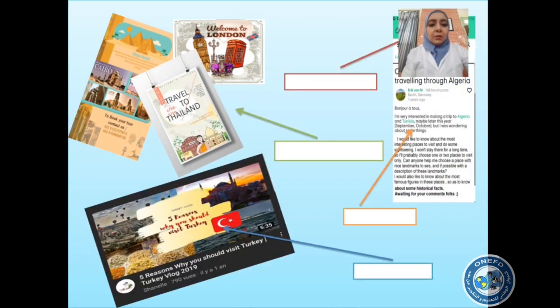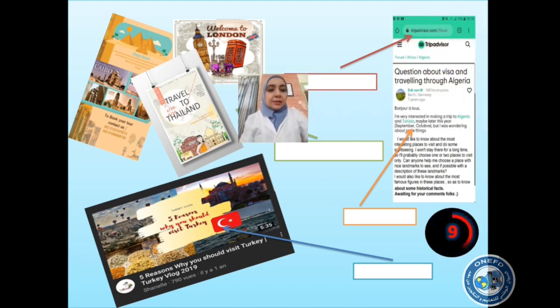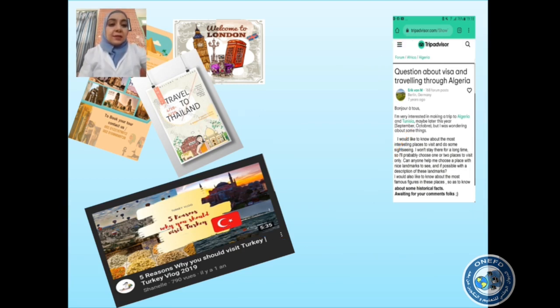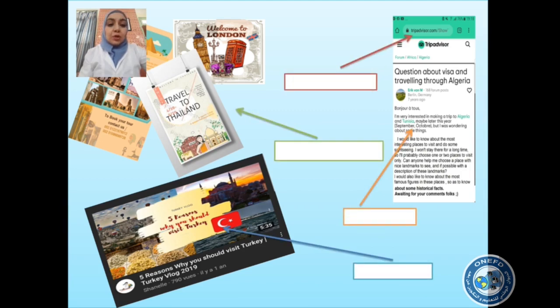Did you take the words down? If not, you can just go back and see the words. Okay, here it is. Let me come here with the pictures. Which ones are posters? Which is a video? What is a post? A web page? So what do the arrows point to?